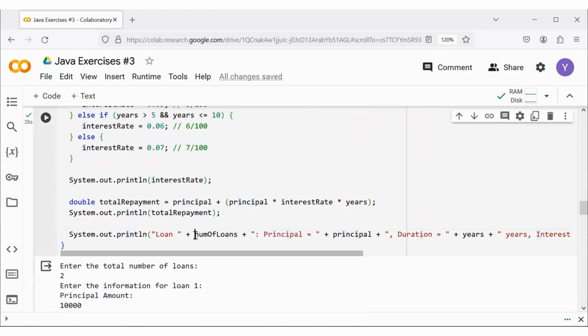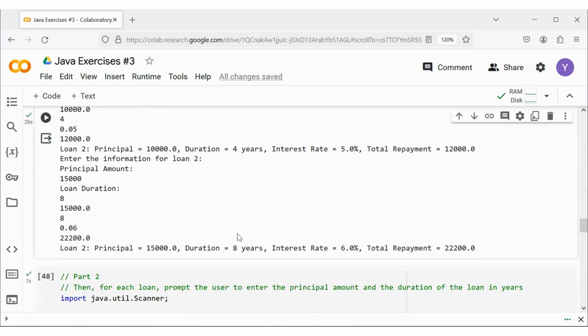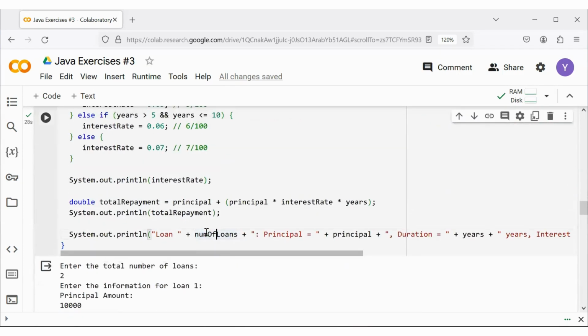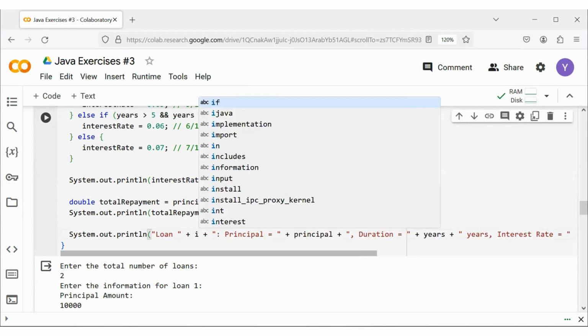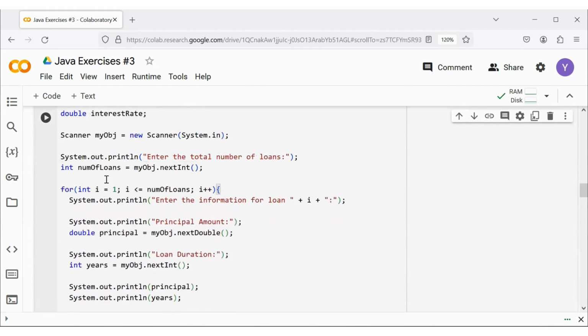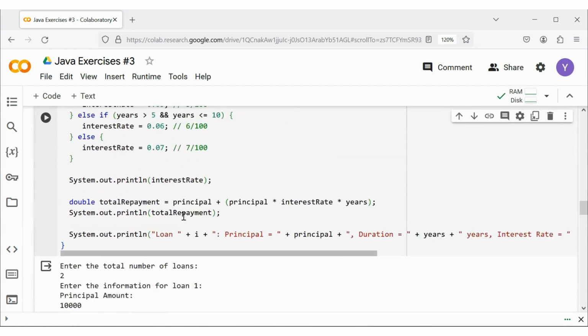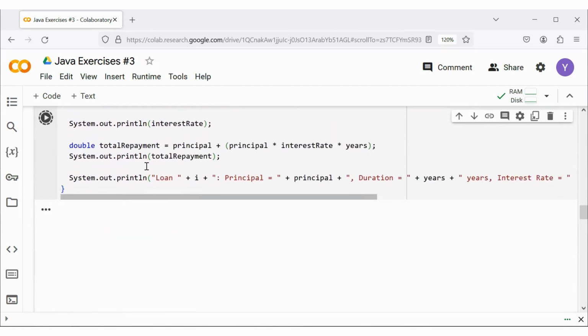So why my number of loans here will be 2, which is incorrect, because this shouldn't be number of loans. This should be I, right? Because as I loop through here, I have for integer equal to 1, I less the number of loans. The number of loans input by the user, of course, is 2 in this case. That's why I see 2. So if I run this again, 2 here,